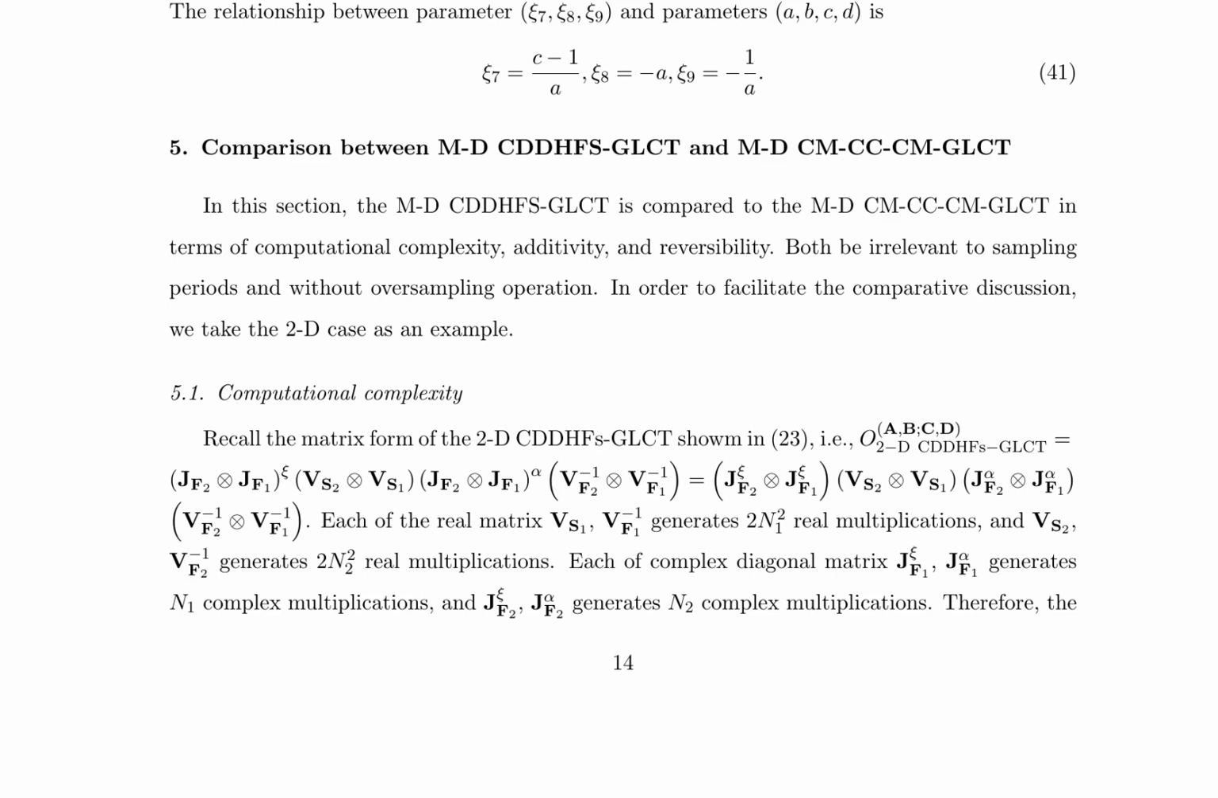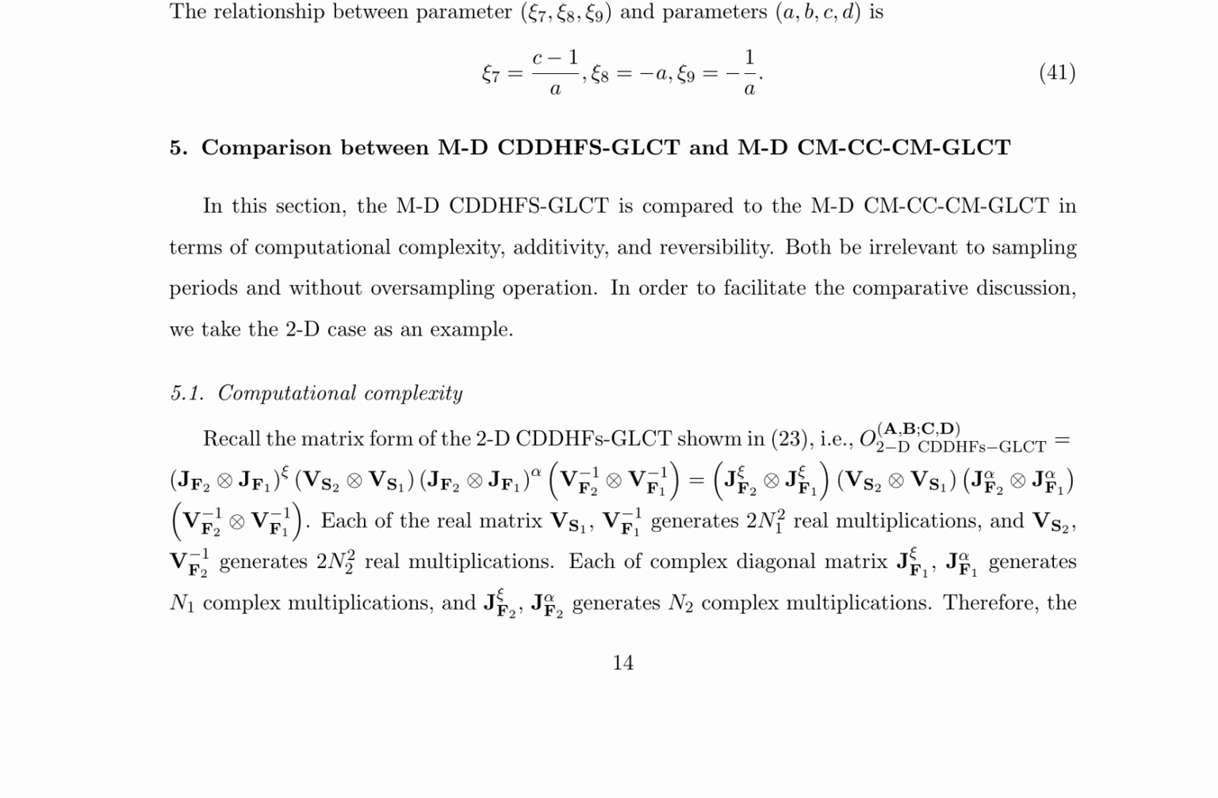The M-D CM-CC-CM-GLCT is compared to the M-D CDDHFs-GLCT in terms of computational complexity, additivity, and reversibility. The 2D case is taken as an example to facilitate the comparative discussion. The computational complexity of the 2D